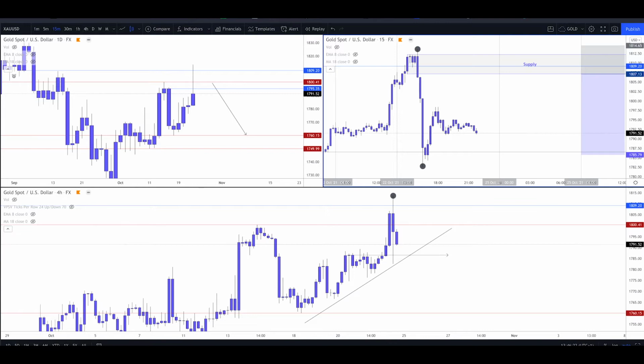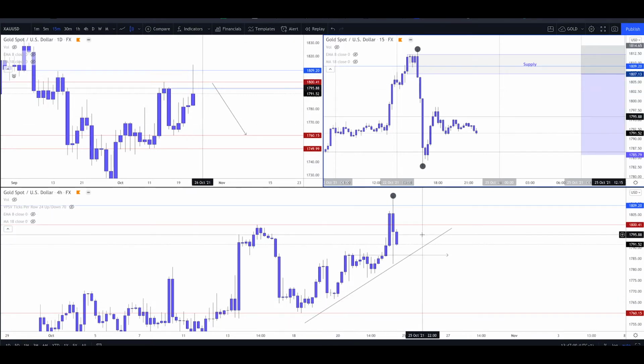Right in front of us I have a chart which is XAU USD, also known as gold. It is a commodity which is traded by many other traders, and I like it as well. So what we have on the daily time frame is a nice spike into the weekly and some daily key areas. We have on the 4-hour a sort of candle which has rejections on both sides of the candle,